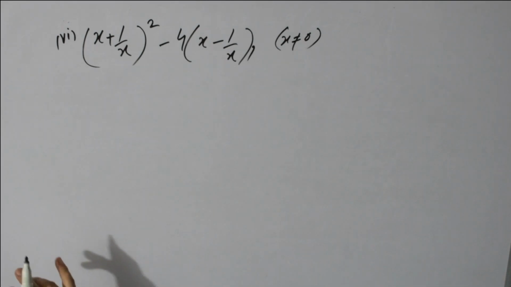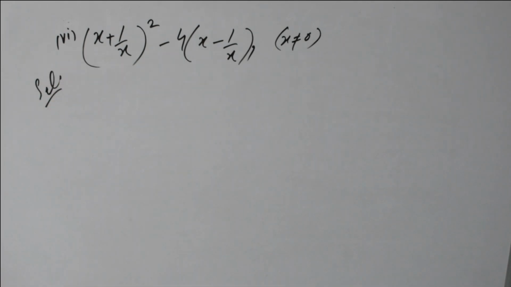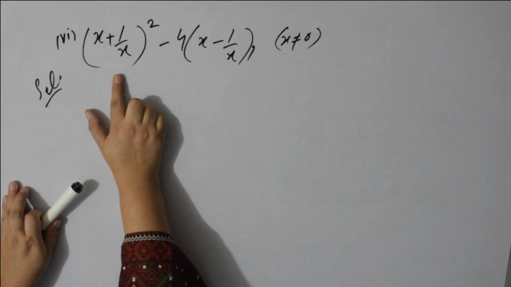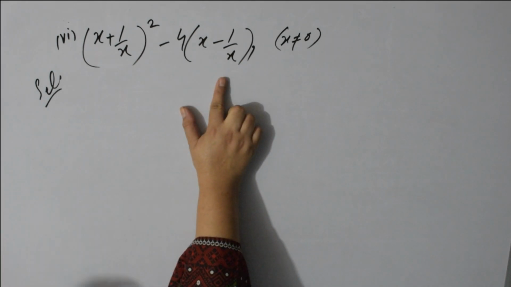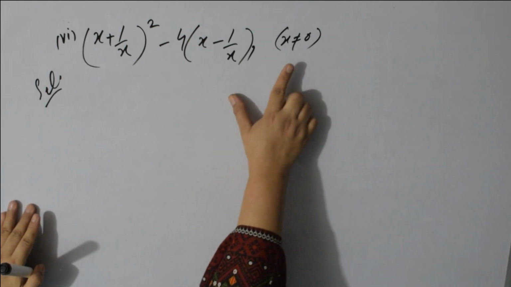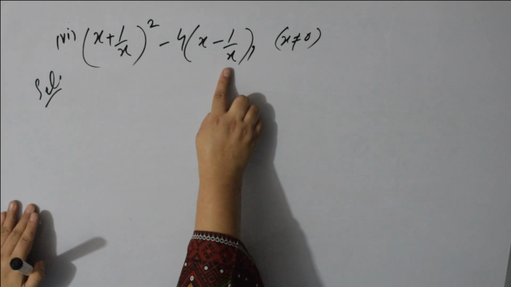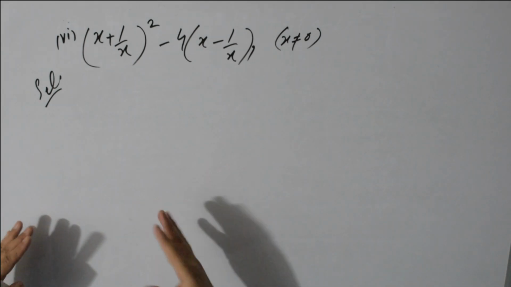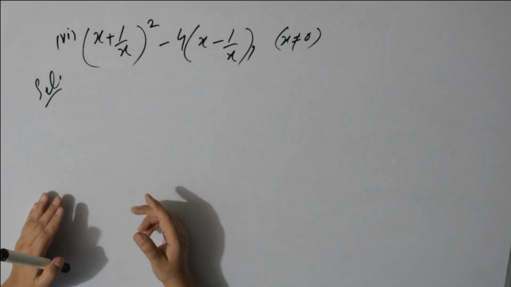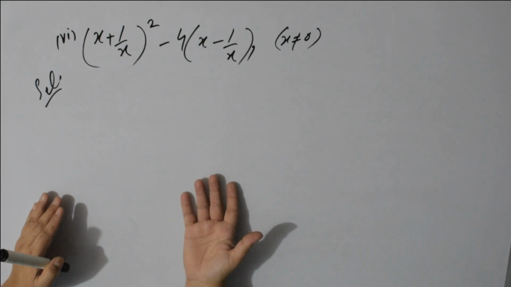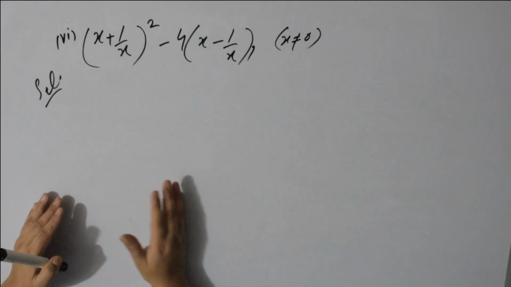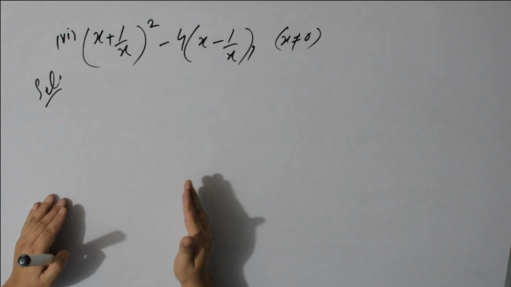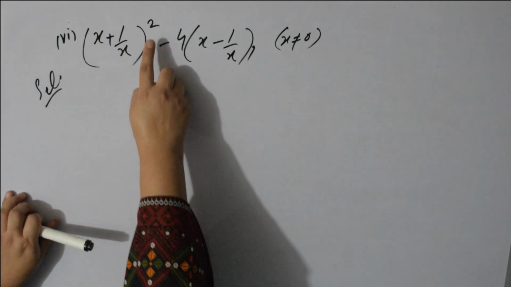Okay, solution. Now students, for this solution you see you have x plus 1 upon x whole square minus 4x minus 1 upon x, and x is not equal to 0. Obviously x is in the denominator, it shouldn't be 0. Now you see for factorization, either by middle term breaking or by completing the square formula, you have x raised to the power 2 or some multiple of 2, but here you have seen its whole